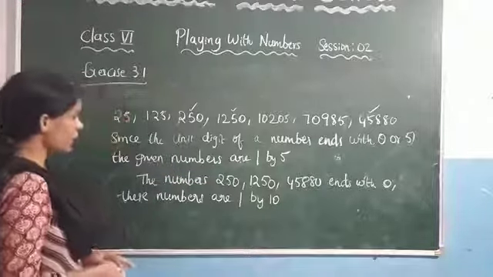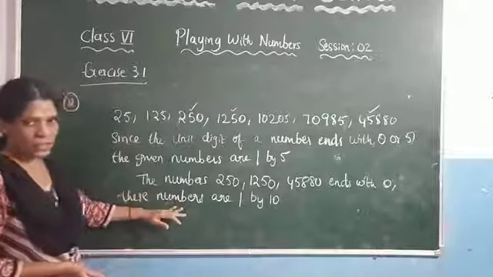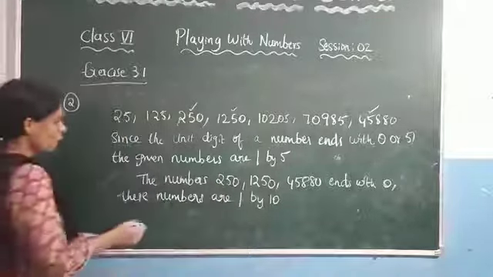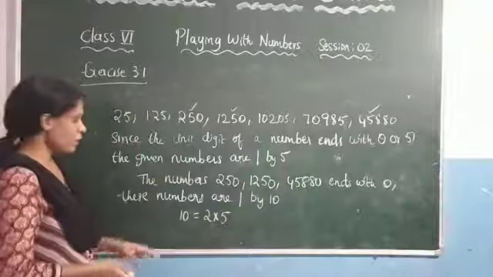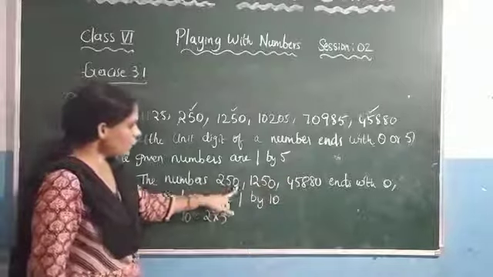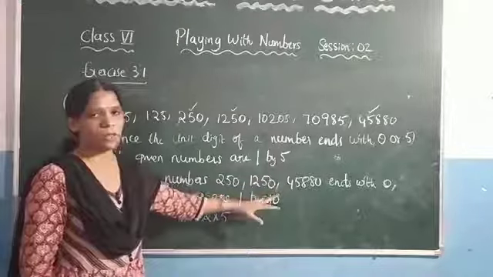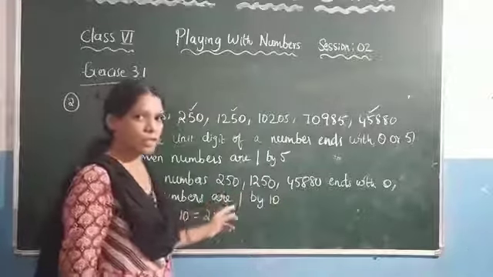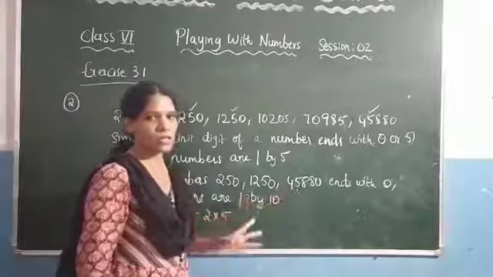Now again in the question they ask us to check whether the numbers divisible by 10 are also divisible by both 2 and 5. Here you can write 10 as 2 into 5. Are these numbers divisible by 2? Yes, because these numbers end with 0, so they are divisible by 2. And you need to check whether these numbers are divisible by 5 or not. These numbers are divisible by 5 also, because the divisibility rule for 5 says, if the unit digit of a number ends with 0 or 5, the number is divisible by 5.